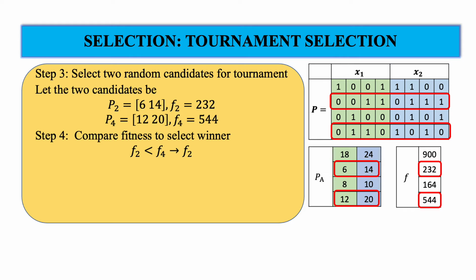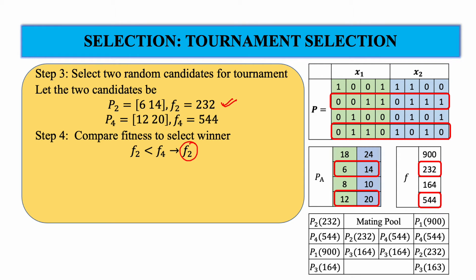So in this, suppose we are selecting F2 and F4 and it's a minimization problem. Once the competition has taken place between F2 and F4, F2 is the winner because it has the minimum value out of 2. Okay, so this is our mating pool, and since the first competition is between P2 and P4, the winner is